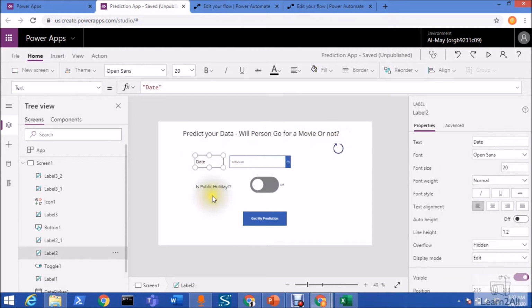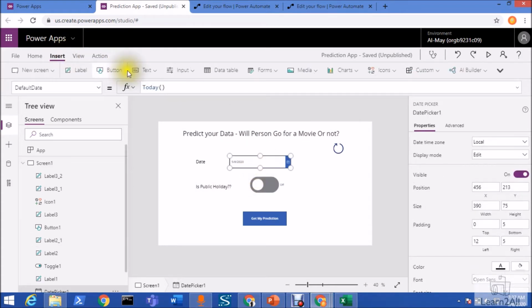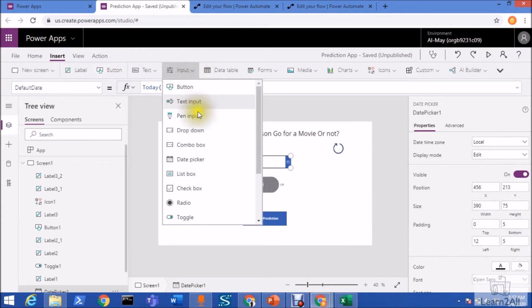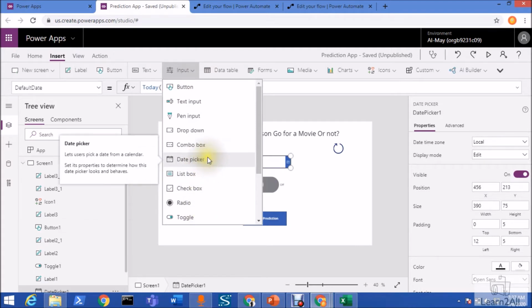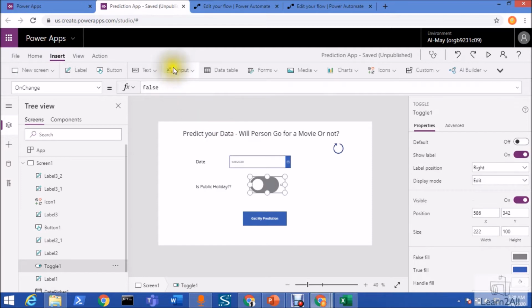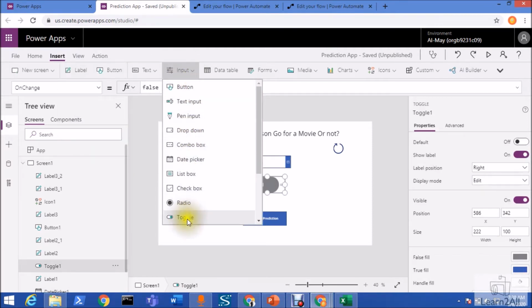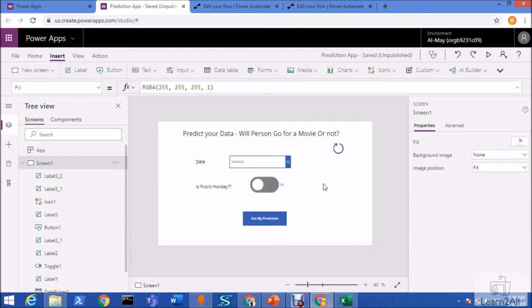I added two labels over here, date and is public holiday. I added one date picker control from the insert option, and from input you have the date picker option. I also added one toggle switch, that is from input you just need to add toggle from here. So these are the two basic things you need to add first on your page.